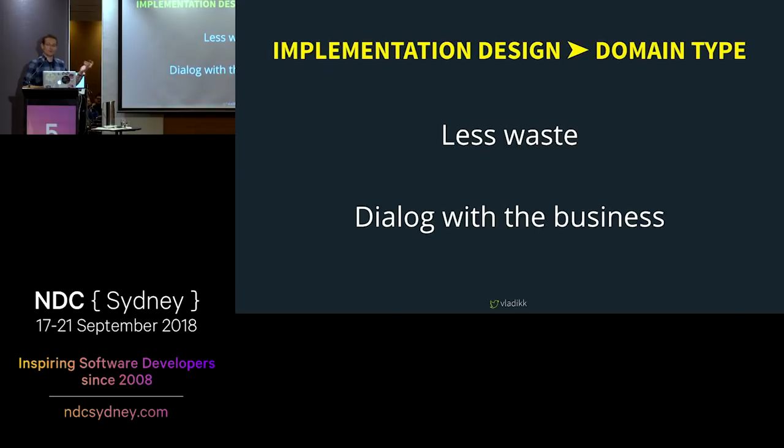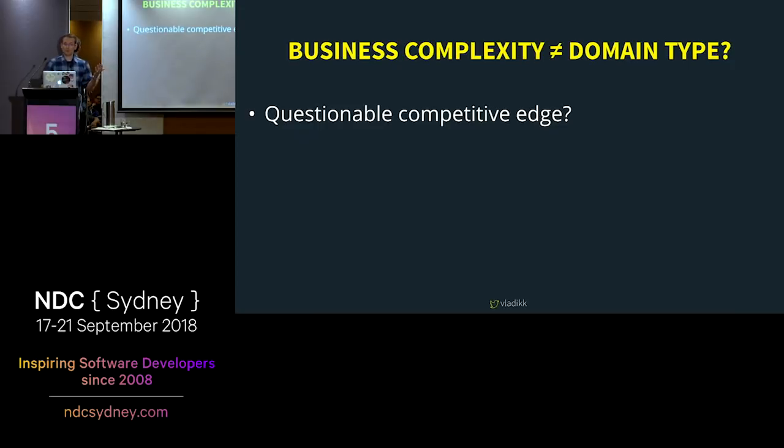Second, reversing this relationship creates a dialogue between you and the business. And sometimes business people need us as much as we need them. Because if they think that something is a core business, but you can hack it in a day, then probably some questions should be raised about the viability of that business. On the other hand, what if a domain is considered a supporting one by the business, but it can only be implemented with a domain model or event sourcing? And that's where things start to get interesting.